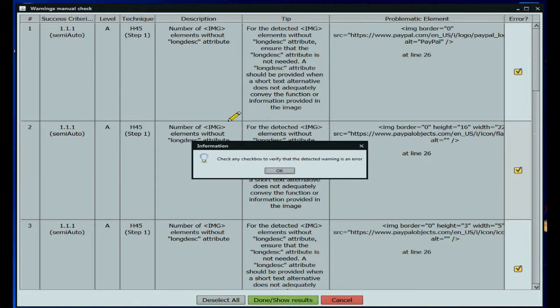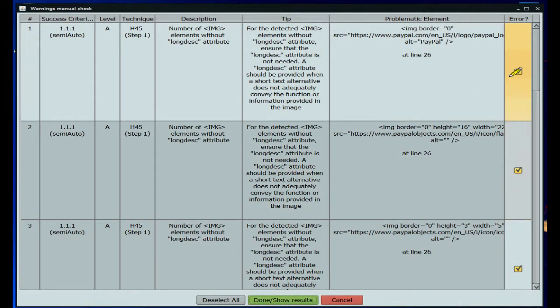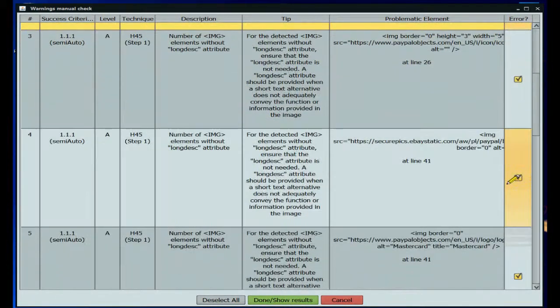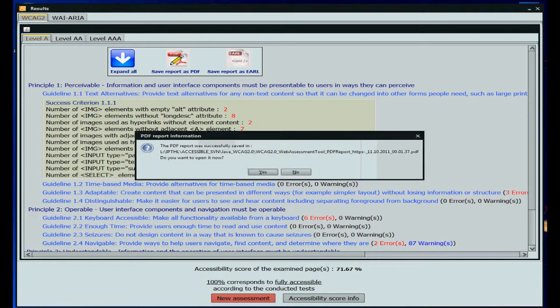The returned warnings need further manual investigation by the user. The user can mark a warning as an error or ignore it. The assessment results are also available in PDF format.